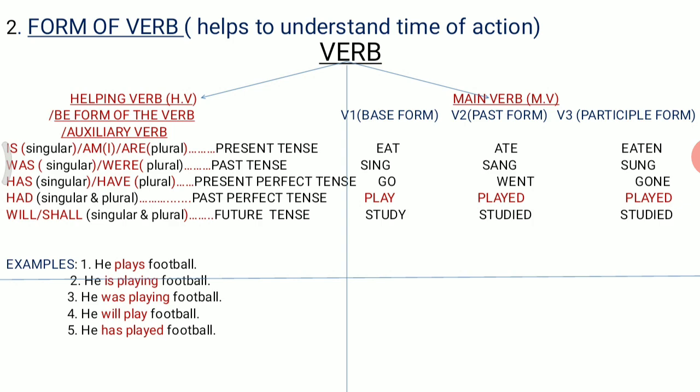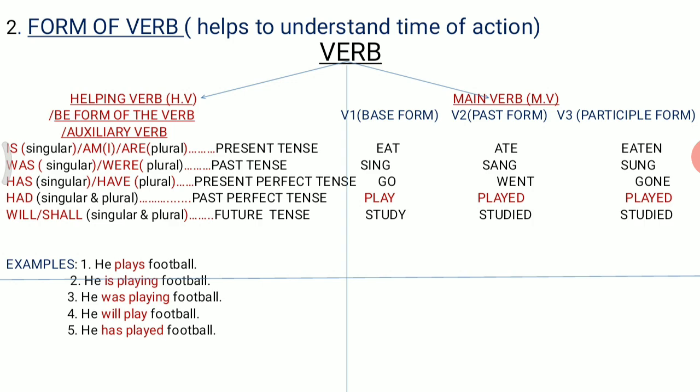So there are thousands of regular and irregular verbs that you can learn from anywhere. If you have good knowledge of all the three forms of the verb, then you will never make errors in forming your sentences. You will make your sentences correctly if you have good knowledge of the three forms of the verb. Many children do not possess this knowledge. Okay, they do not know the three forms of the verb. So first of all, if you want to learn tenses thoroughly, you need to have good knowledge of the three forms of the verb.